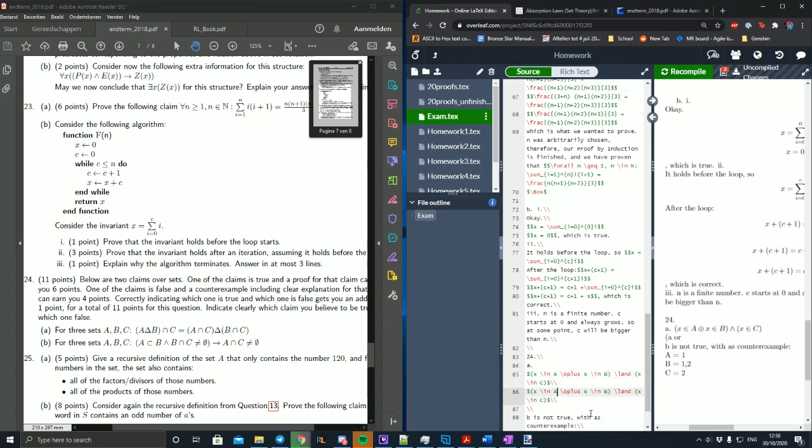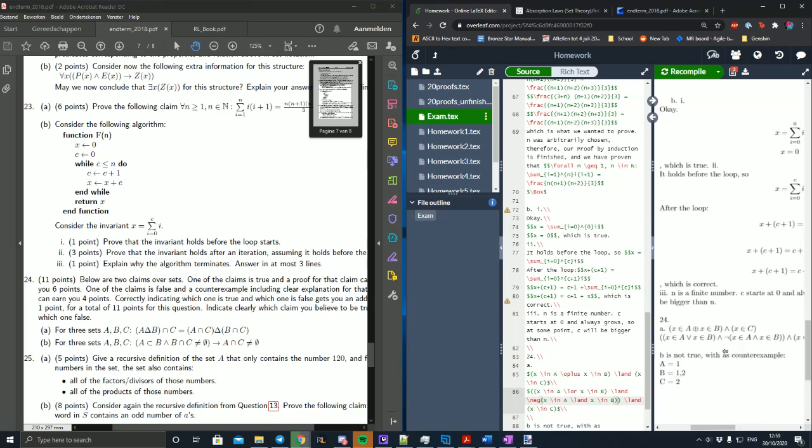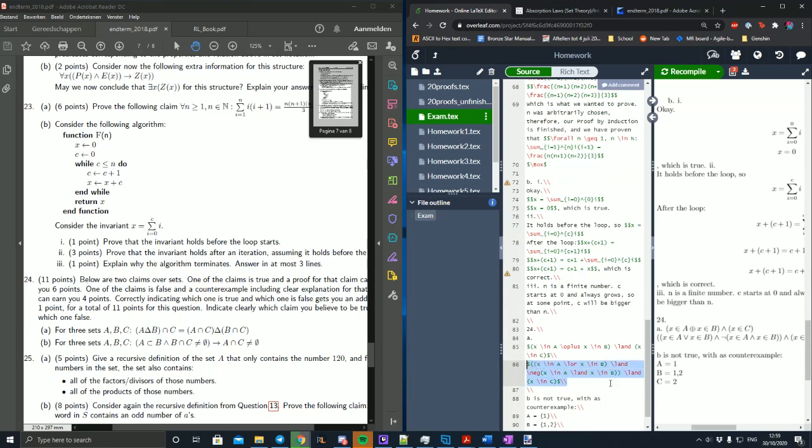So we're going to copy this, and we say that x is in A or x is in B, and not x in A and x in B. Shouldn't it be neg instead of not? Yeah. And then we have two closing brackets. Now we end up with x is in A or x is in B, and x is not in A and B, and x is in C. So let me first get rid of that negation. So this will be not x in A and B,